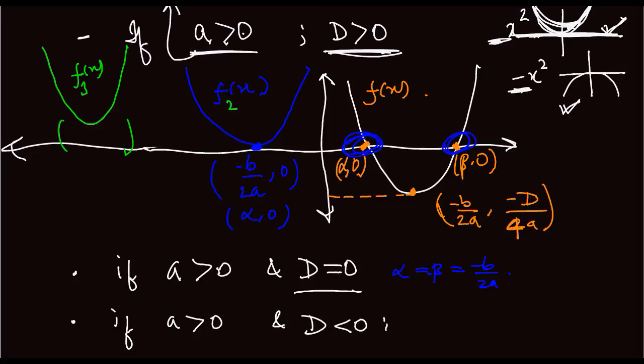Let's say this is f3(x), this is f2(x) and this is f1(x). f1(x) has two real, different roots. f2(x) has two roots but the same roots, a common root. And f3(x)